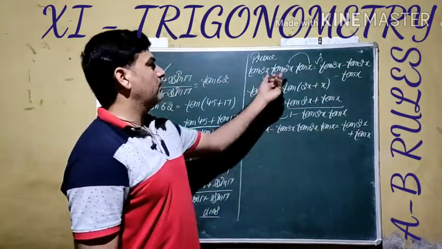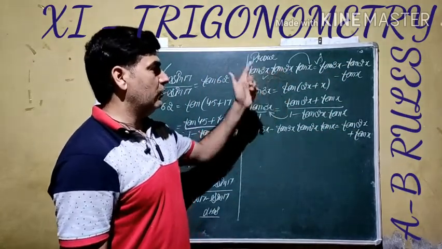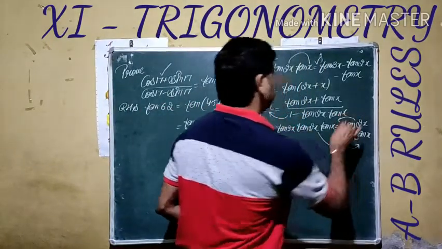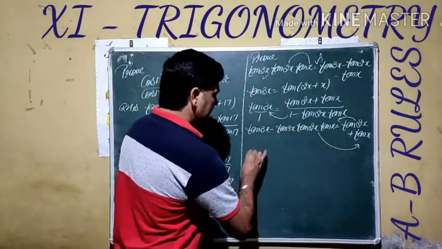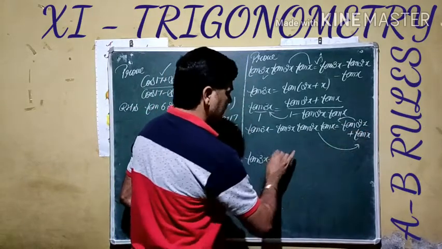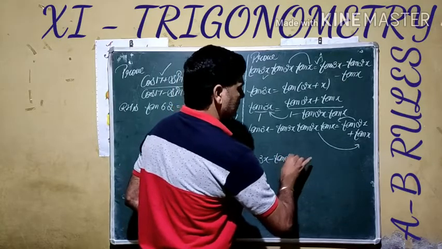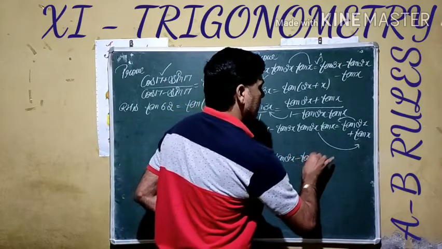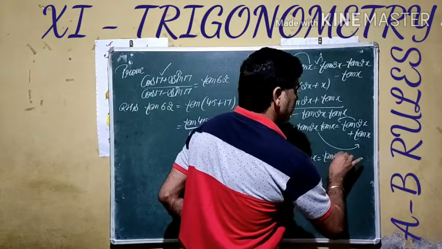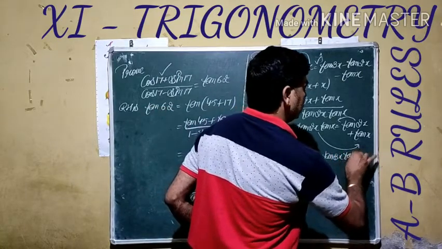Now we get all four terms, one as a product and three as single. If you see here, this term is positive and single on one side, so we are going to shift this to the left and these two terms to the other side. Here, tangent 3x we already have. On shifting, the sign of these two terms changes. Minus tangent 2x minus tangent x is equal to, on shifting, this value becomes plus tangent 3x tangent 2x tangent x.